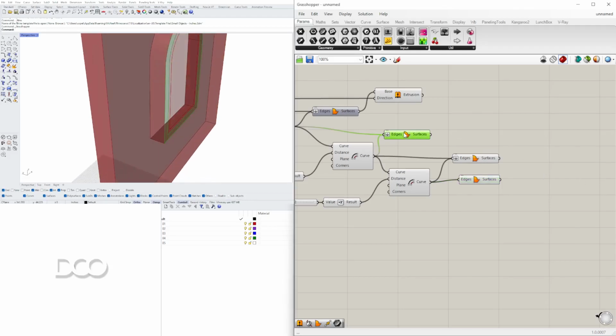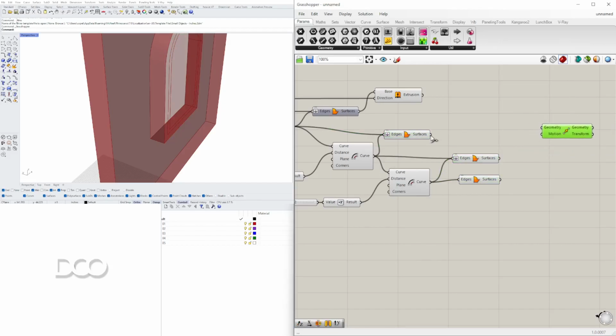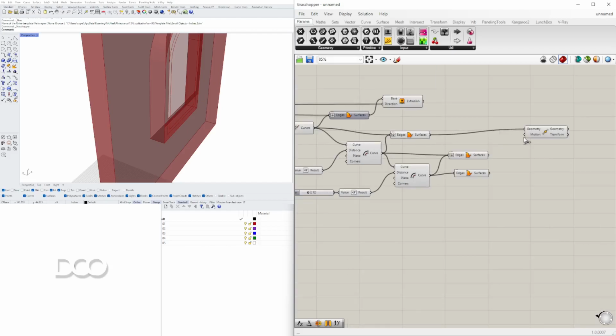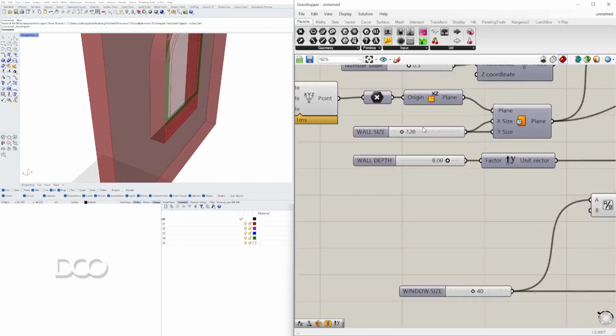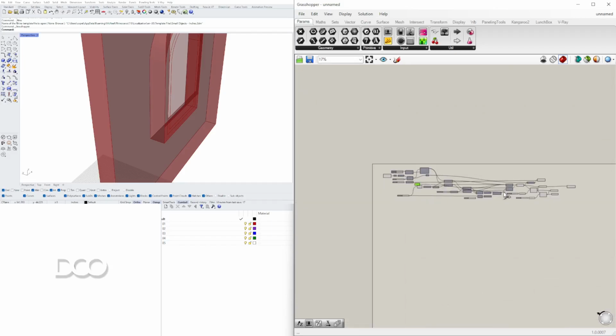So we'll take these and we'll move them in the positive Y, but we'll take the wall thickness, or the wall depth, divided by 2, and we can even use the vector. Now we can use that as our